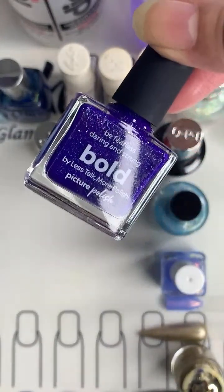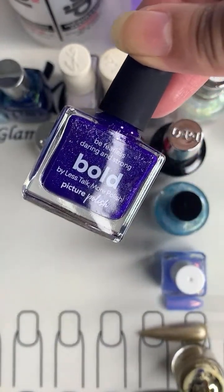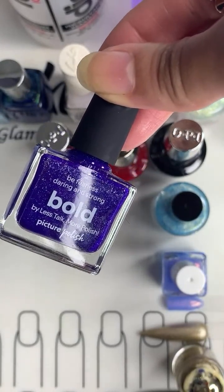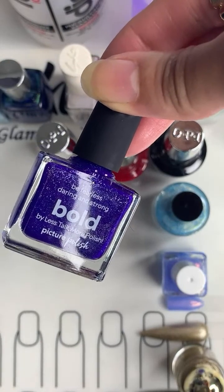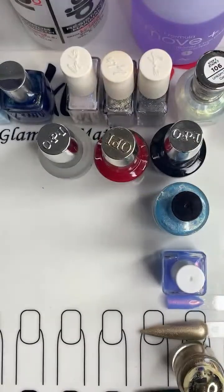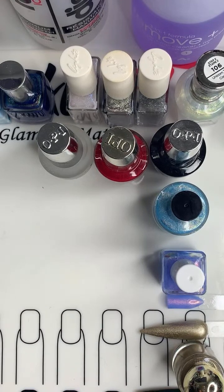It's available on Picture Polish, and there's some on Harlow and Co. if you're in Canada, and there's also some other stockists that are able to ship worldwide. Okay, so that's Bold. Now, I promised that that is the last of my blues, and it is. So the next one again is